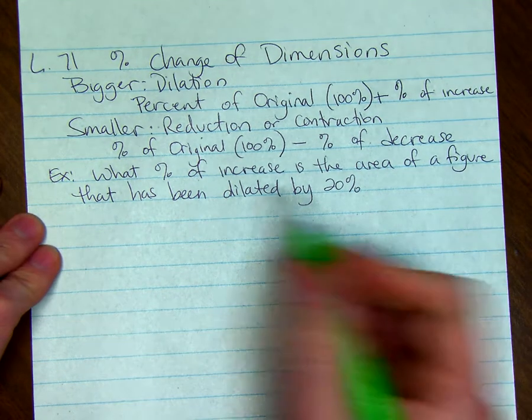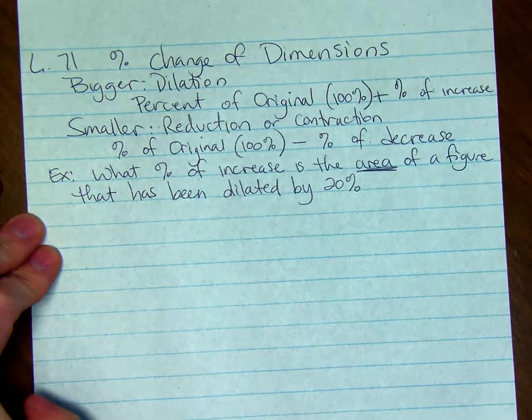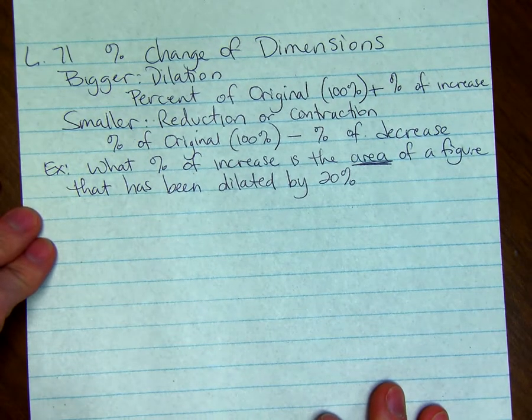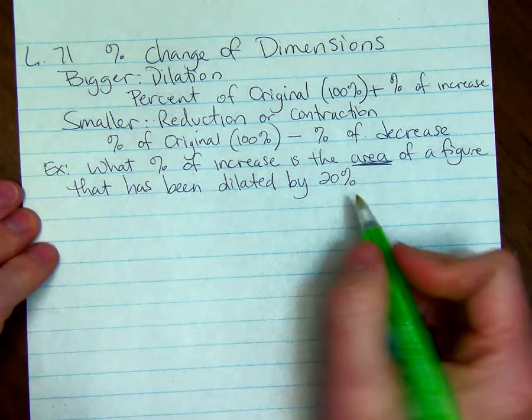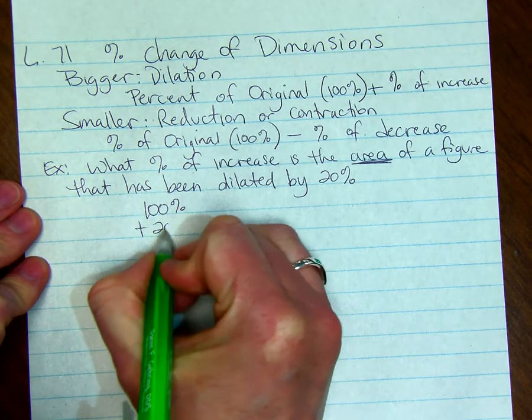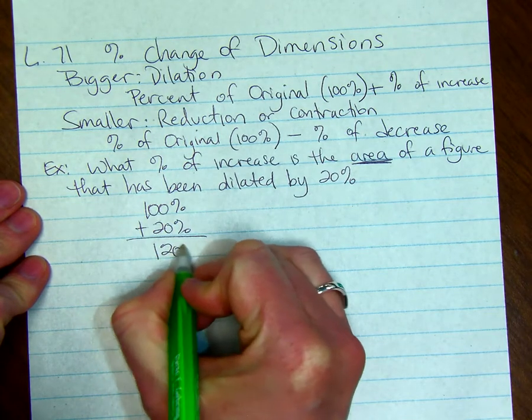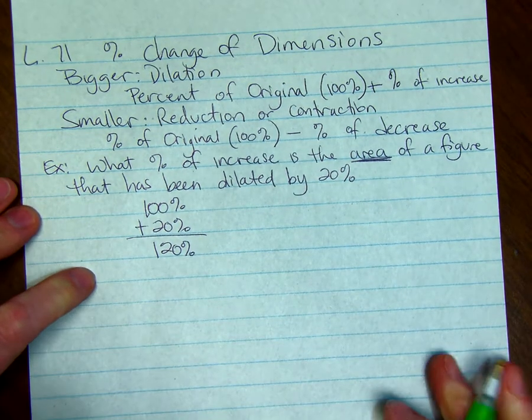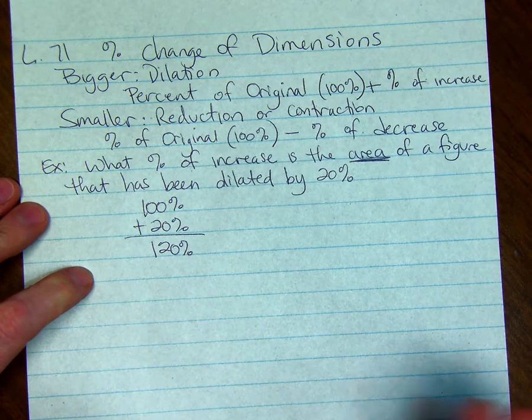Okay, so we want to remember that it's area. So we're going to have to square our scale factor at some point. So it's been increased by 20%. We take our original 100%, we're going to add 20%. That's 120%. The new figure is 120% of